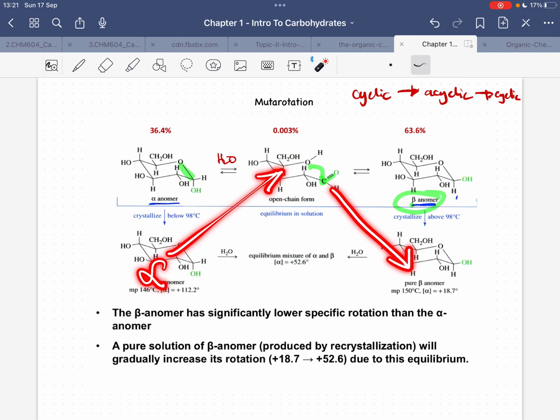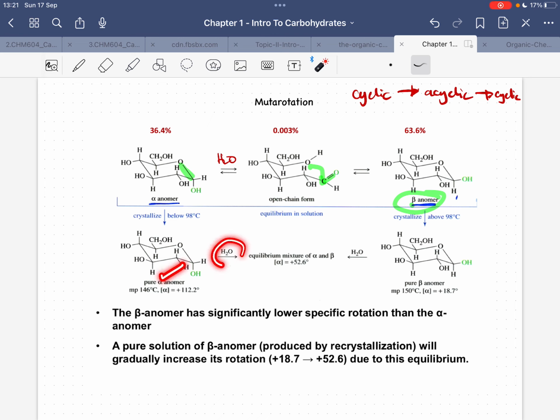So from alpha, you dissolve it in water, it becomes open chain, and in such a specific conformation, it cyclizes back again, generating a beta anomer. And the thing to watch out for is that, for example, if you dissolve this alpha anomer in water and leave it for long periods of time,